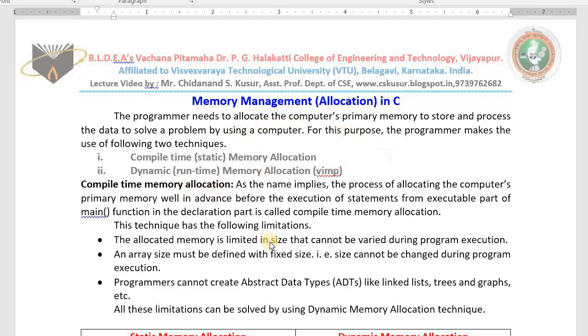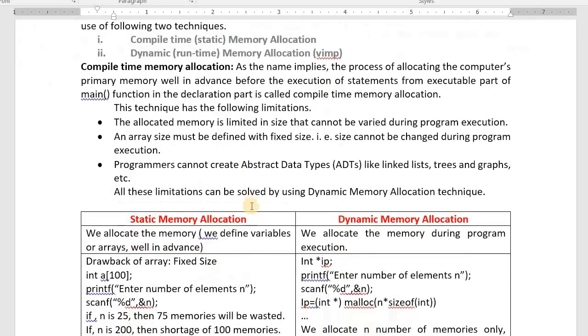One simple question to you: can we write a computer program without defining variables or without allocating the computer's memory? Possible or not possible? Not possible. In order to find the addition of two numbers, at minimum we need two variables, int n1, n2. You may use an answer variable or not; you can display the result directly also.